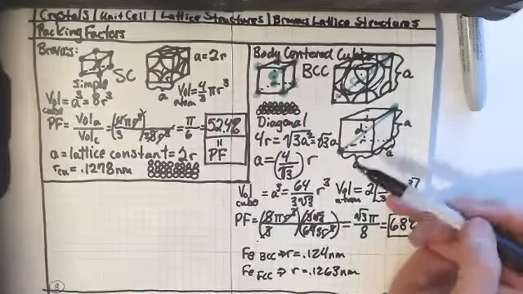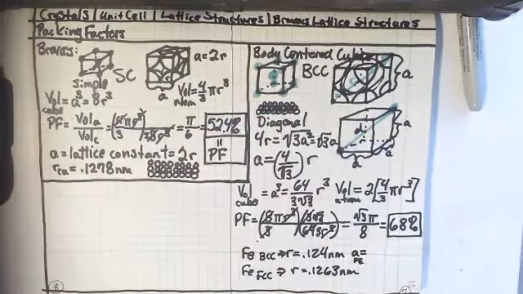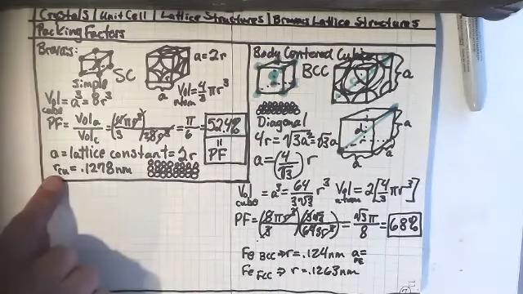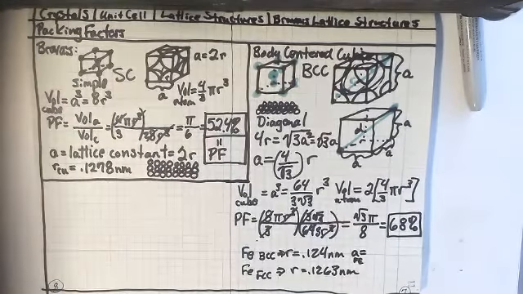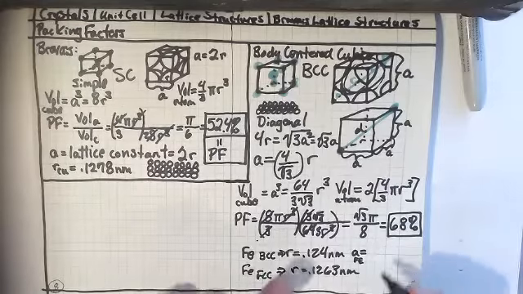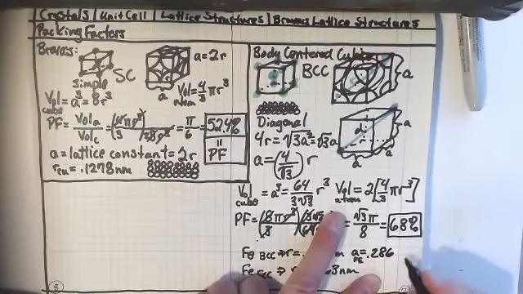So in the BCC lattice constant for iron, A for iron, I'm just going to put Fe down here so that you know in your notes it's the lattice constant if we were using iron and not copper. You could see copper, which is FCC, when I do the FCC example. So A is going to be 4 divided by the square root of 3 times 0.124 for BCC room temperature iron, and that gives us a lattice constant of 0.286